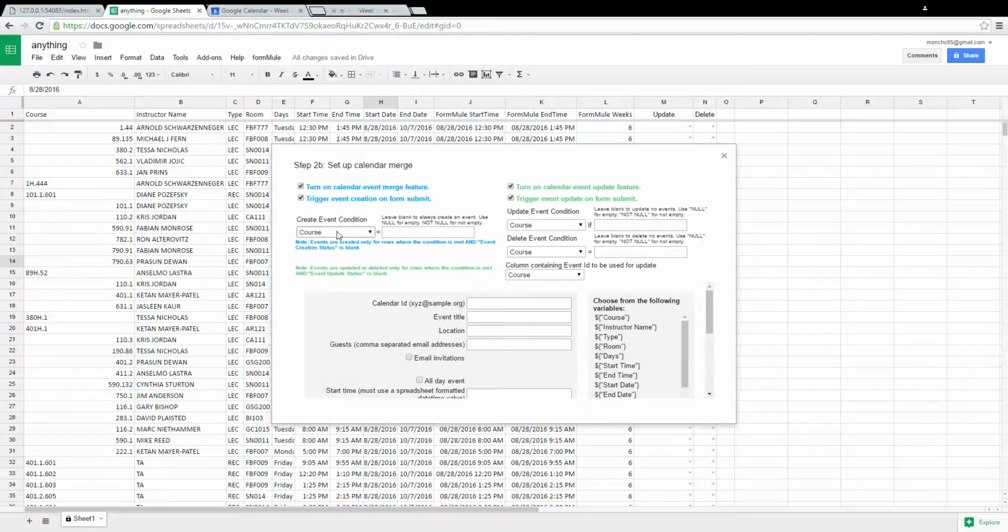Alright. Our create event condition will just be when course is not null, which means it'll create a new event if there's a value in the course column, and it'll use that row of data as extra information. Our update event will be instead update if not null, and our delete event condition will be if delete is not null, which means it'll delete an event from the calendar if update has a value in it, or it'll delete something from the calendar if it has a value for delete in it. Make sure our column containing event ID is event ID,